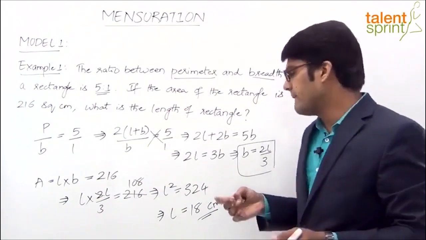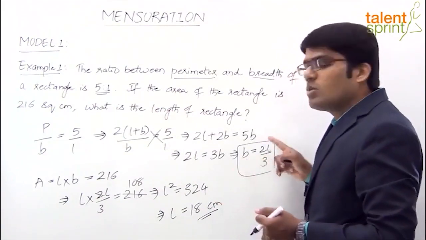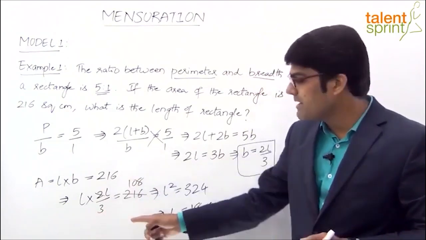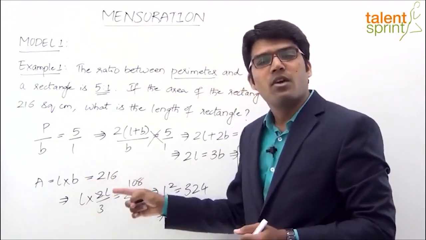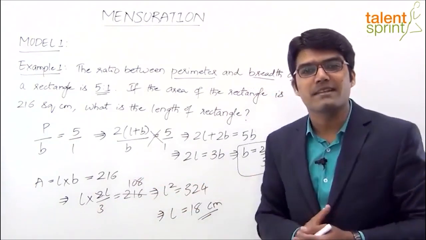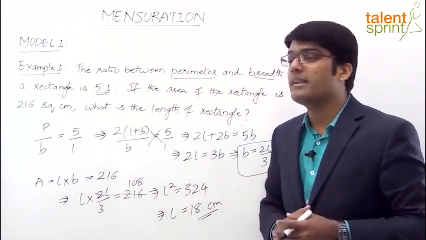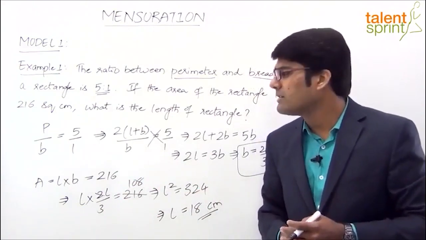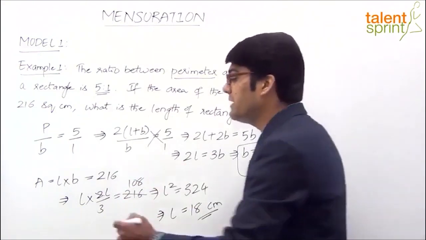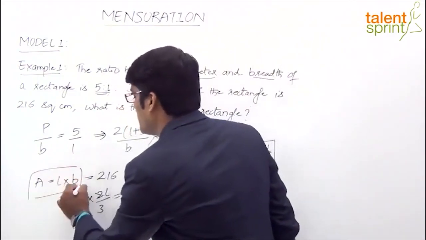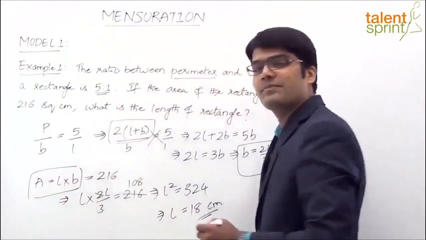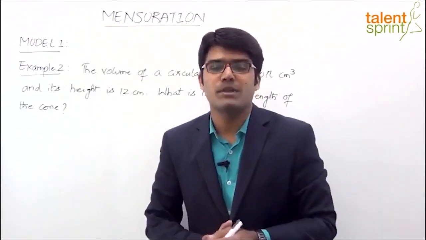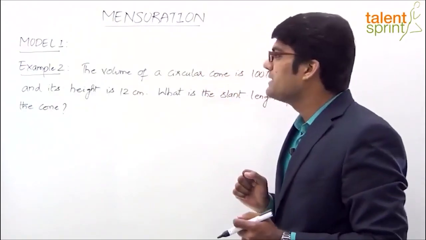इसी प्रकार से अगर ब्रेड्थ पूछी जाए, राइट, व्हाट इज द ब्रेड्थ ऑफ द रेक्टेंगल, तो हम क्या करेंगे, ब्रेड्थ को 2L/3 सब्स्टिट्यूट करने की जगह लेंथ को 3B/2 सब्स्टिट्यूट करेंगे, ताकि हमें एक इक्वेशन आ जाए ब्रेड्थ के टर्म्स में, और उसे सिंप्लीफाई करके हम ब्रेड्थ कैलकुलेट कर सकते हैं। तो ये है एग्जाम्पल 1 मॉड्यूल 1 से, जो कि बेसिक रेक्टेंगल पर बेस्ड क्वेश्चन है। और जैसे आपने देखा, इसे सॉल्व करने के लिए हमें एरिया और पेरीमीटर दोनों के फॉर्मूले पता होने चाहिए, अदरवाइज इसे सॉल्व करना डिफिकल्ट हो जाएगा।